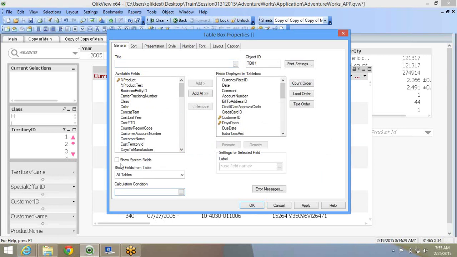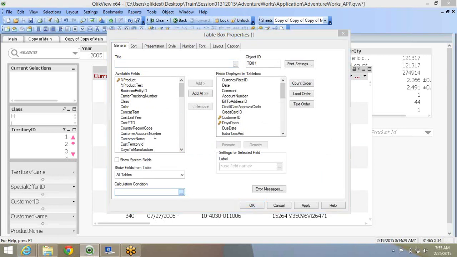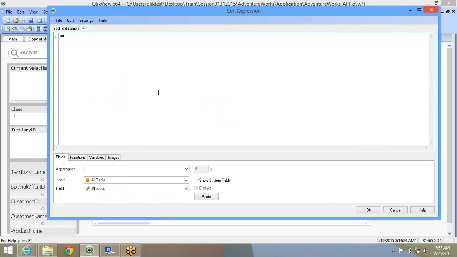We'll talk about these expressions later. I'll say if get selected count of territory ID is equal to 1, then I want 1, otherwise 0.